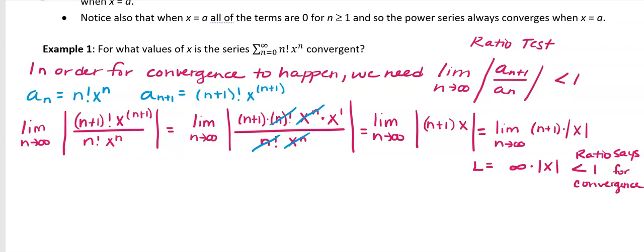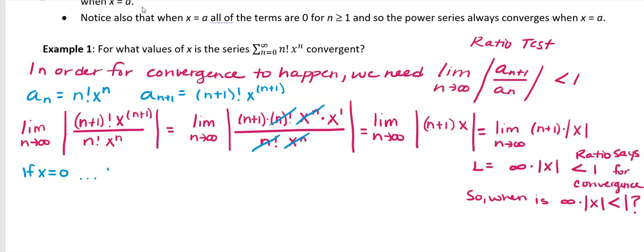So we need to ask ourselves the question, when is this infinity times the absolute value of x going to be less than 1? When is this going to happen? When is this going to be true? So we need to try to test some values for x. So let's think about this. Let's say if x equals 0. So if x were to equal 0,